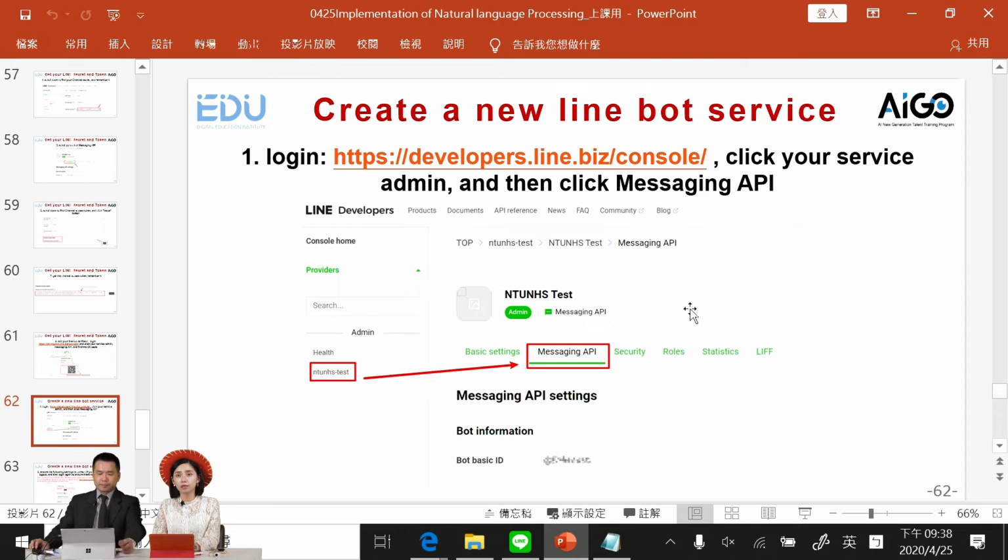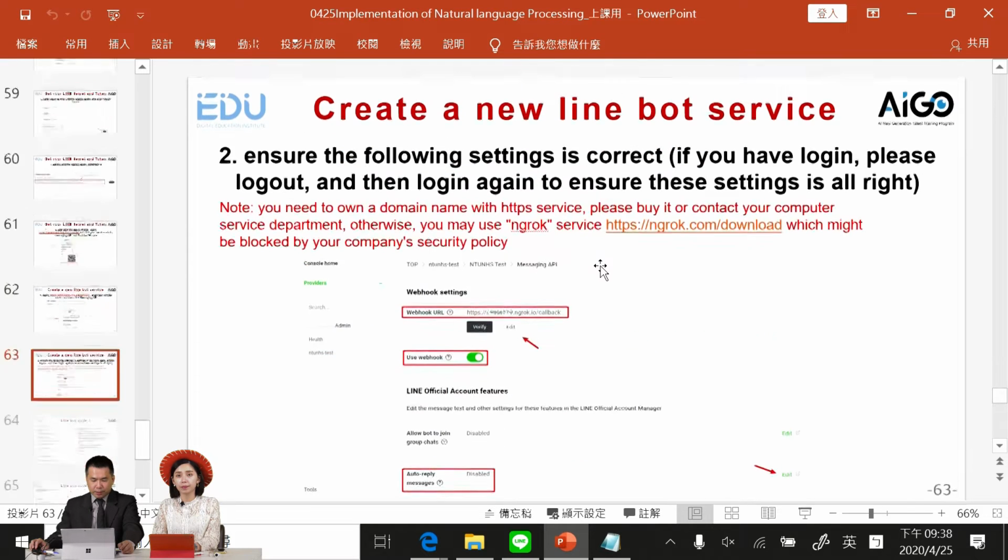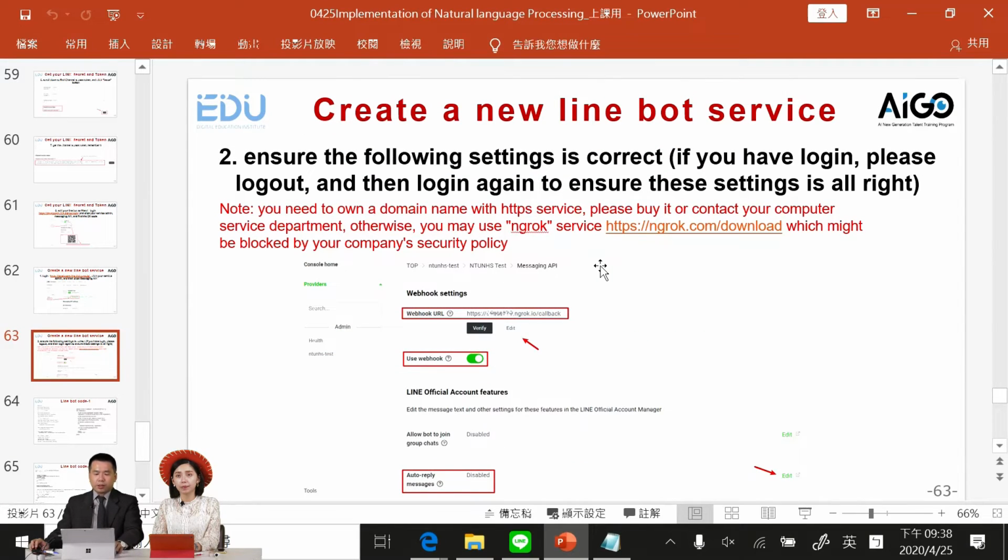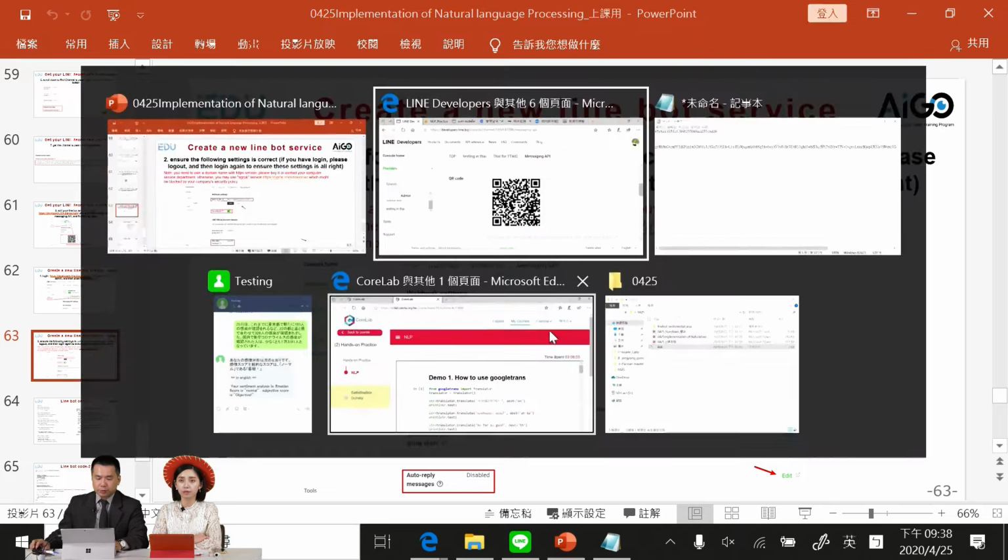Now you need to create a new Messaging API. The third one is most important. Remember the LINE bot service? You have to create your server, and here you indicate where your server is. Just click